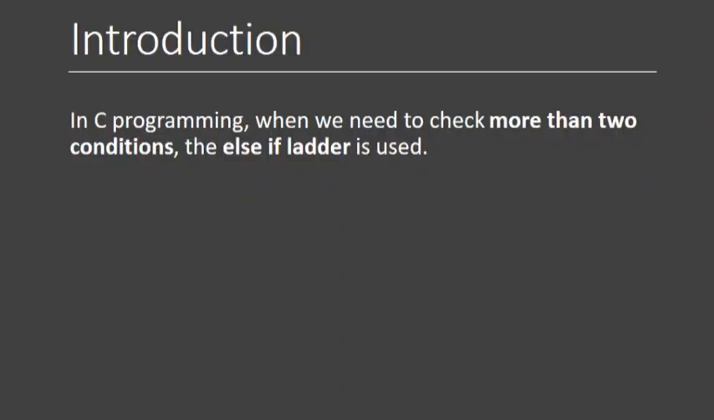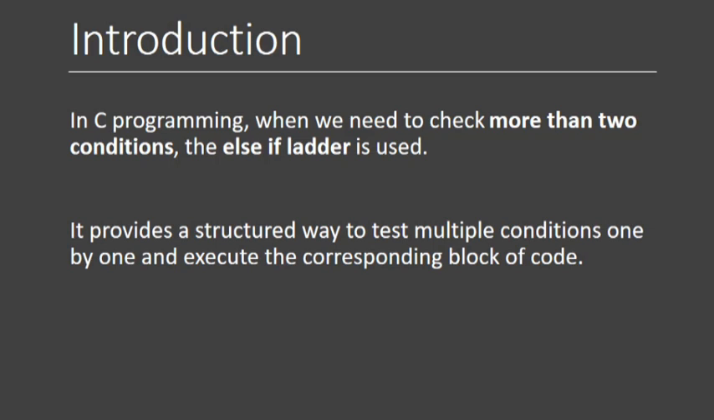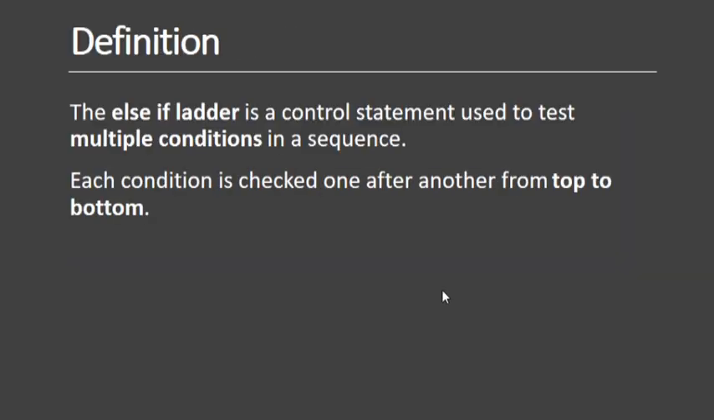Introduction. In C programming, when we need to check more than two conditions, we use the else if ladder. It provides a structured way to test multiple conditions one by one and execute the corresponding block of code. So the definition of the else if ladder is: it is a control statement used to test multiple conditions